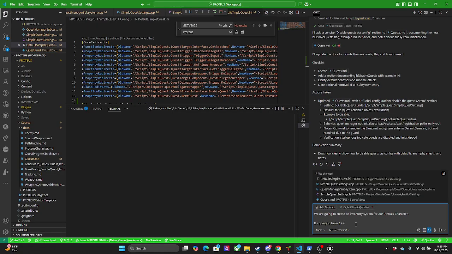C++. We'll need, let me think about this. We're going to need an inventory component to track each item.